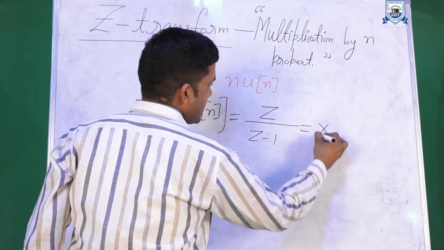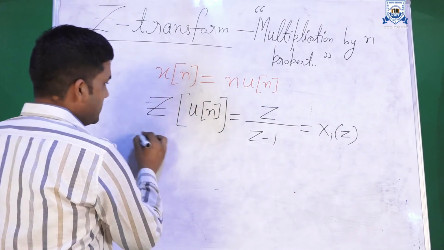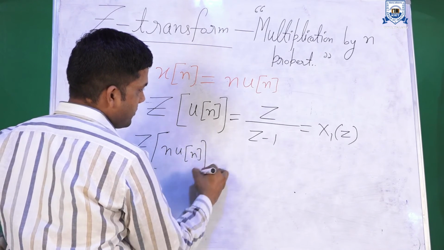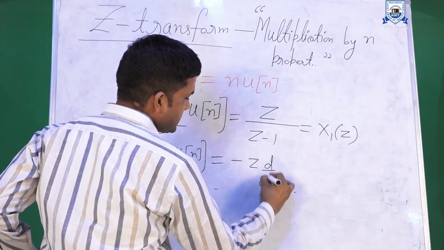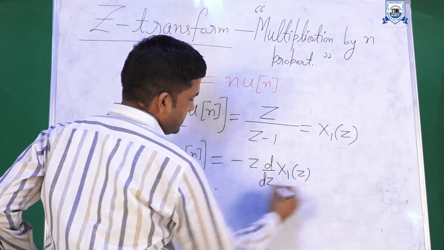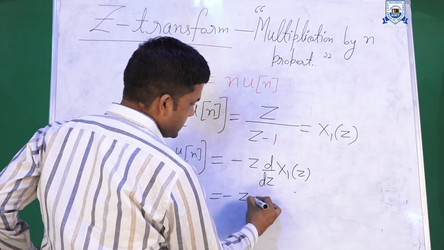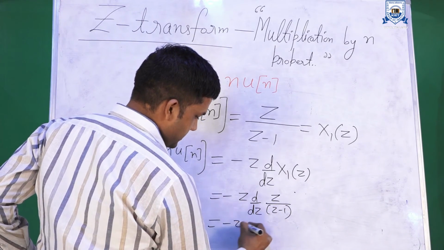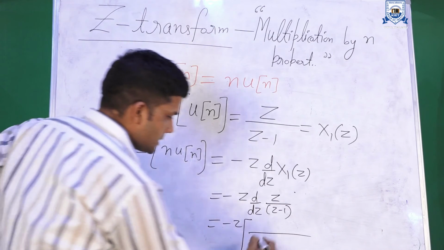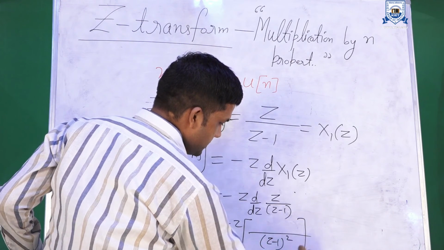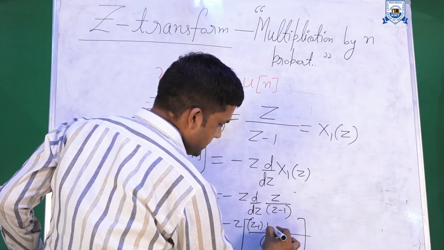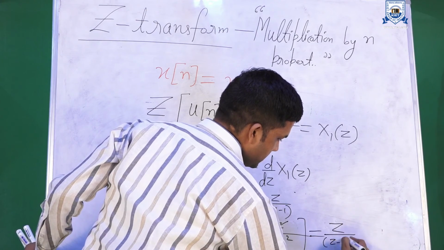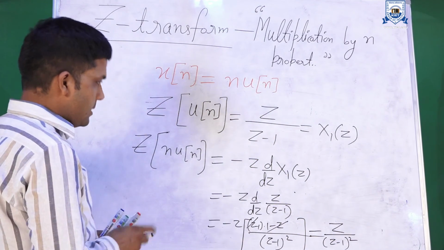Let this be X1(z). Now the z transform of n u[n] will be minus z d by dz of X1(z), which is equal to minus z d by dz of z upon z minus 1. Differentiating, we get z upon (z minus 1) whole square, and the ROC will be